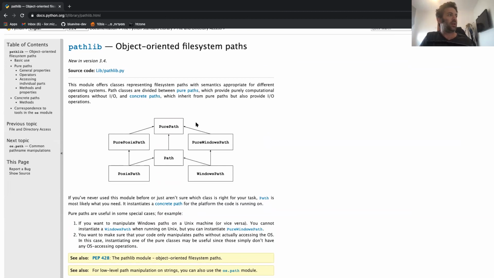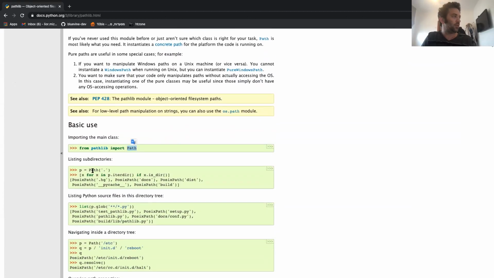Exactly. Now it's object oriented, so you are only using the path object, but under the hood you have something like two main classes, one for Windows machines and one for Linux machines. For example, here he's taking the path of the current directory, if you're familiar with Linux. Yeah, sure.